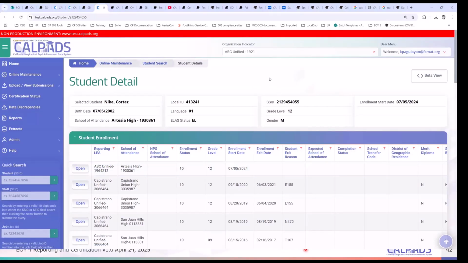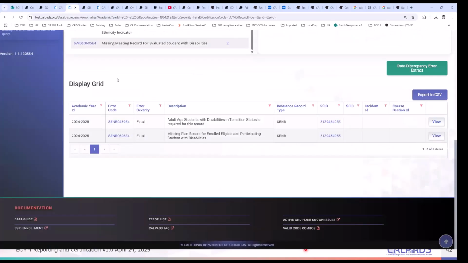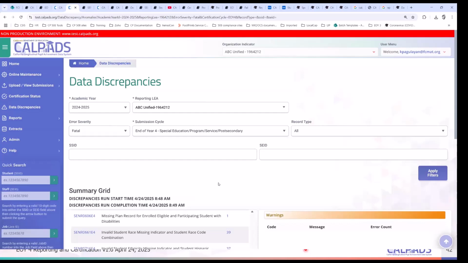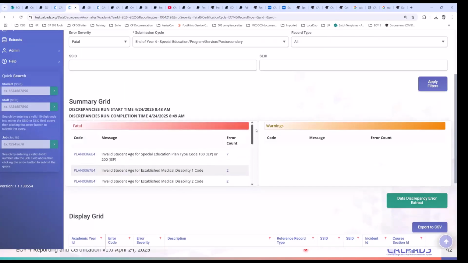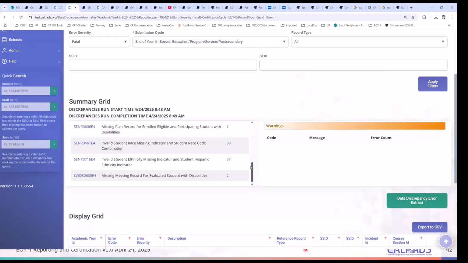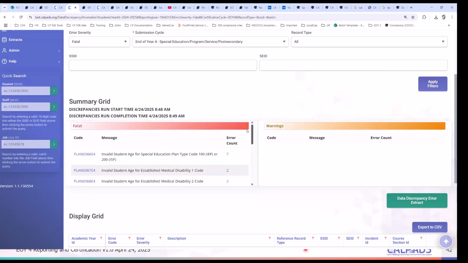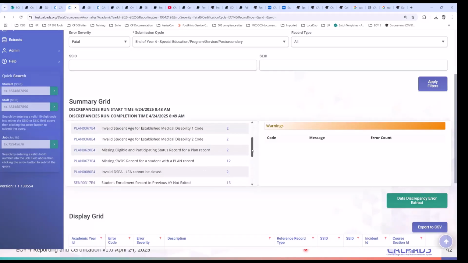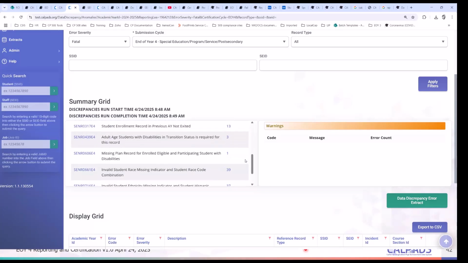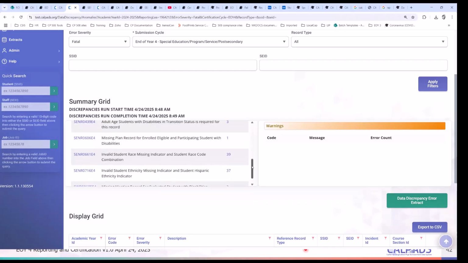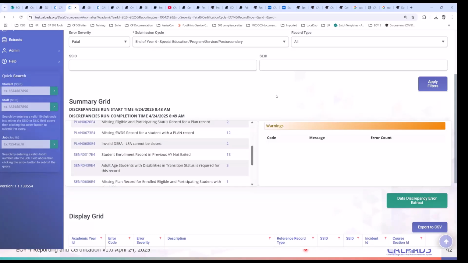Right. So those are two errors that are common with regards to end of year, at least for SPED reporting for the CDDs. So if you go to your data discrepancy records page and you see those 06, 06, 04s, I suggest you first work on those, because working on those will affect any other validations that are required or expected. It will clear any validations based on any changes you make on the SPED side.